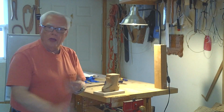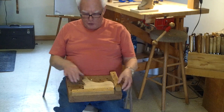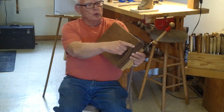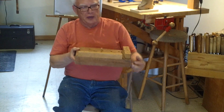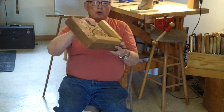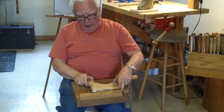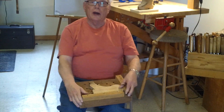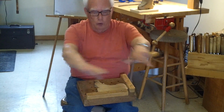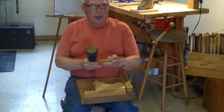Another way of holding is on your lap. Here's a holding device that I used for years. It's all worn, and basically it's just a rough piece of wood that I didn't want to use for carving because of the splits. I just nailed a couple of boards on as a corner and drilled some holes in there to use as a peg, and now I can hold a regular shape while I work on it. For years I used this in my living room when the kids were growing up. I'd throw a bed sheet down around me, and this would be on my lap. And I could take a mallet,